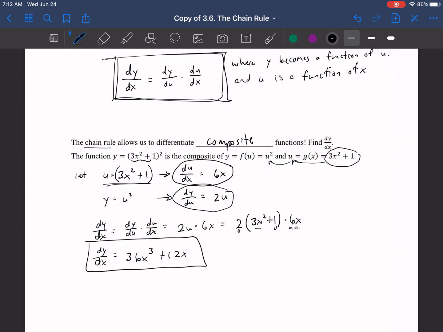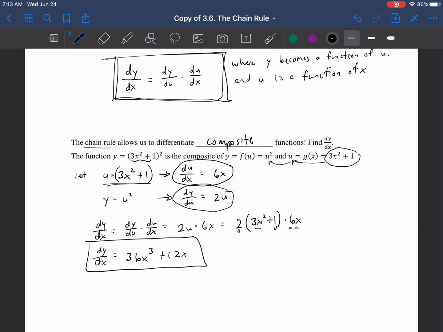Now, the other thing you could have done to actually do this one, and it won't always be an option when we have these composite functions, but in this one, you could have expanded this out. You could have squared the whole thing out, had like a 9x to the 4th and stuff like that, and gone through and done it out as we would have done any polynomial before using just the power rules. And I actually would encourage you to go try that and see that you get the same answer as we got here. It will work out to be the same, and you can go try that for yourself if you want to see it, just to kind of prove it to yourself. All right, so doing it this way, I really like this way, and